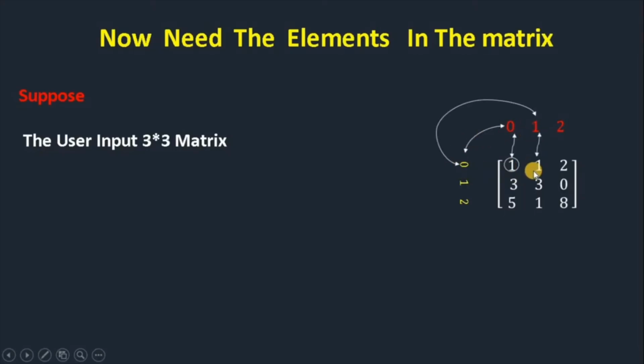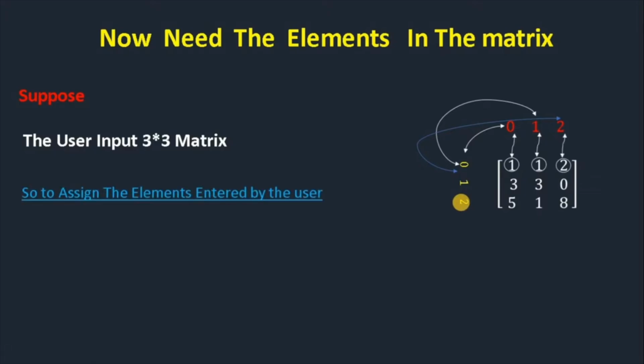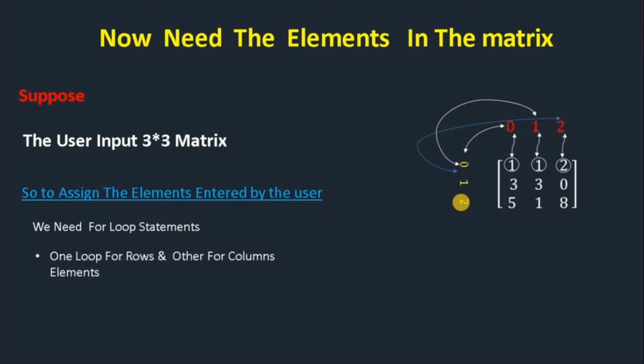र 0 1 position मा another 1 बसेको हुन्छ, right. र 0 र 2 position मा के हुन्छ, 2 value store भएको हुन्छ। र यसरी चाहिँ हामीले positions को बारेमा थाहा पाउनुपर्छ। So अब यो position मा कसरी assign गर्ने त, right. So how to assign the elements entered by the users. So अब त्यसको लागि पनि हामीलाई के चाहिन्छ, we need the for loop statements. र for loop statement पनि हामीलाई एउटा मात्र नभएर दुईवटा चाहिन्छ, because एउटा row को लागि र एउटा columns को लागि हामीले लिनुपर्छ। So मानौँ i for rows र j for columns।